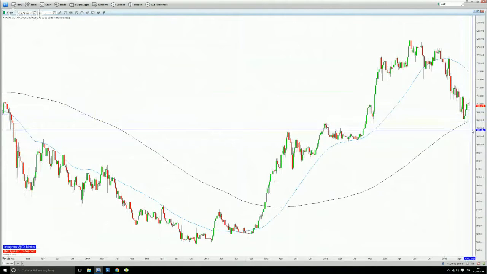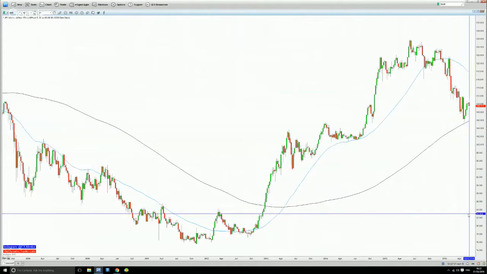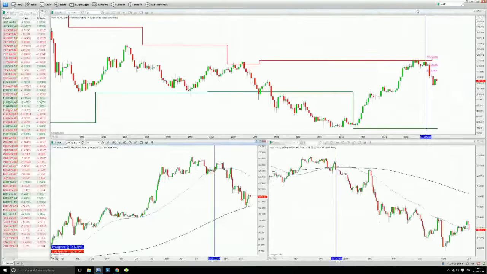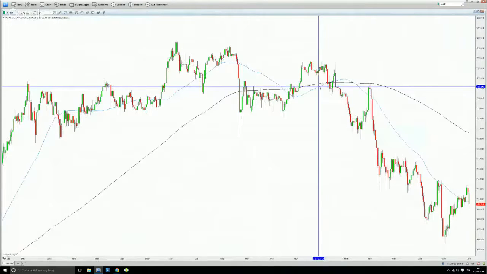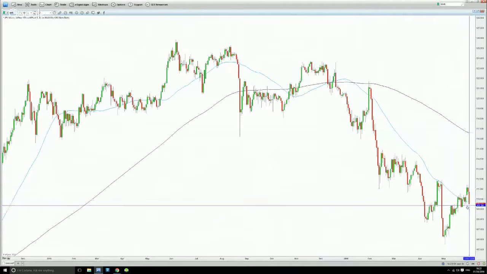So once the weekly 200 is cleared, then you need to question whether you want to take trades above the 100 or below the 100. And that really depends on how aggressive or conservative you are. If we look at the daily, below the daily 200, the 50, well, it was starting to flatten out. Price is trading below the 50 as of now. We need to see this close and then potentially further weakness.